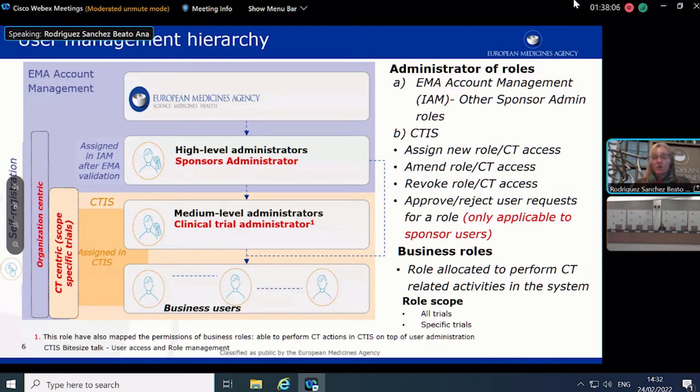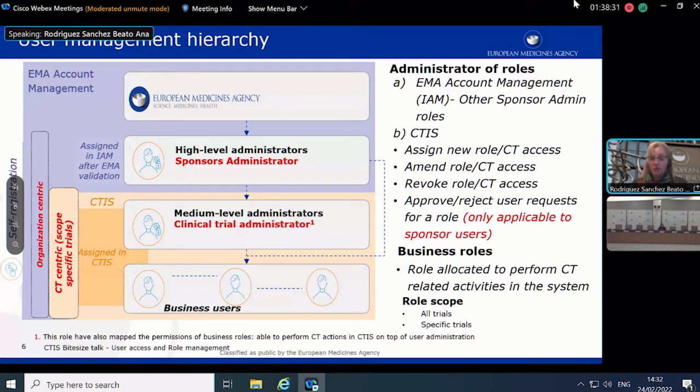However, we are not going to present that here today, because I think until a clinical study report is submitted in CTIS, it will take still some time, and even the registration of this administrator is not open yet. So the focus is going to be during today on the sponsors group of users.